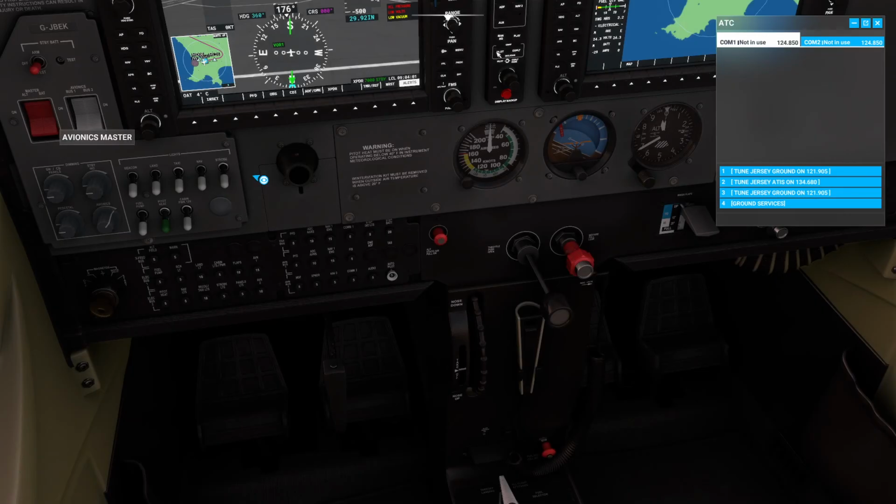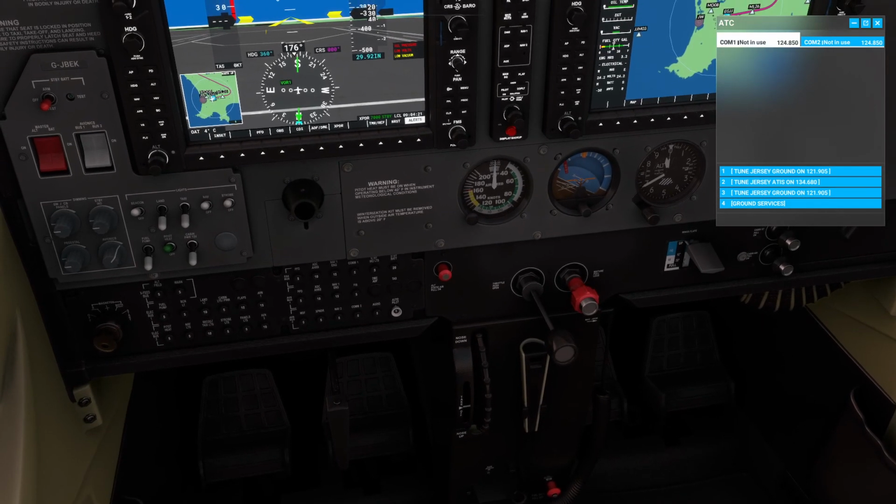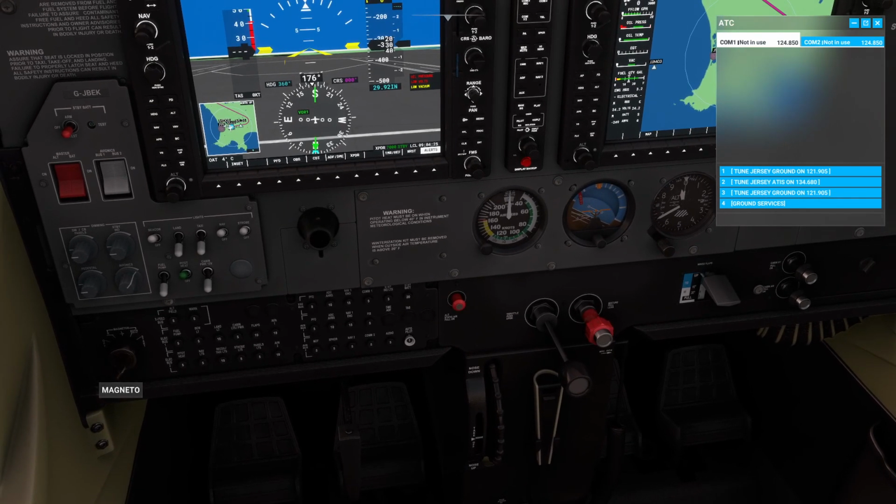You can see I've powered the aircraft up, and immediately the ATC panel has come to life. In other words, we can use it. But we're going to switch the engine on first and get the aircraft ready. So beacon light on, navigation light on, strobe light on, pitot heat on, and that should be good to start the engine. So let's go,